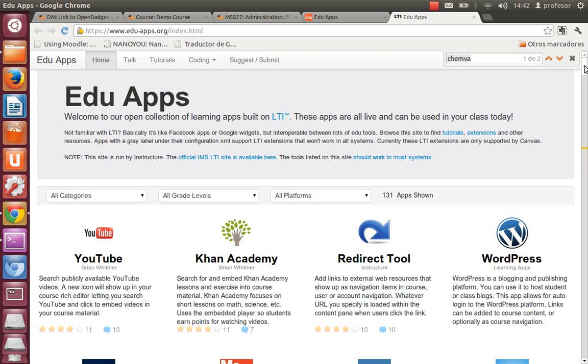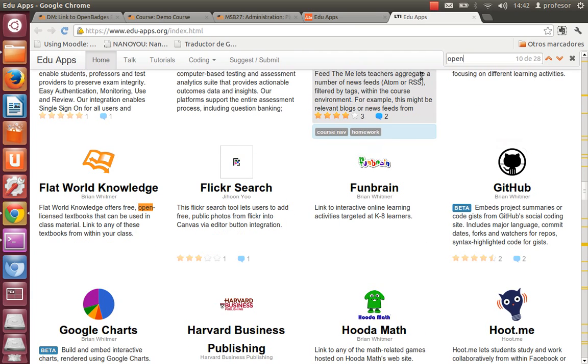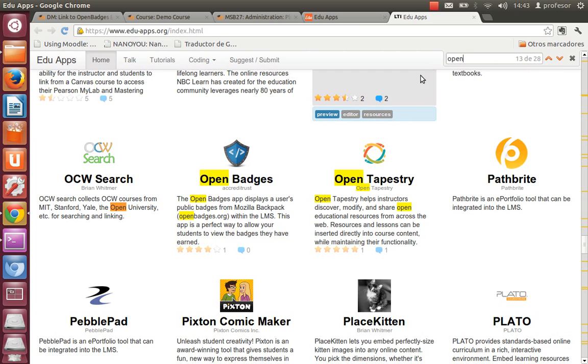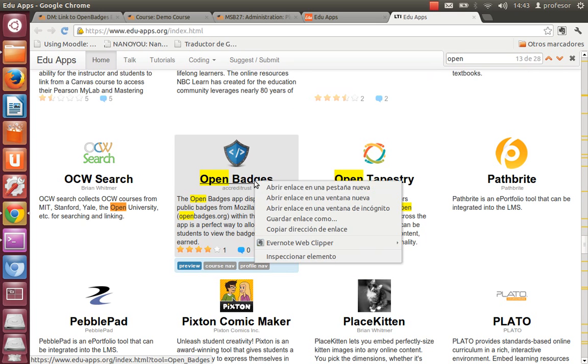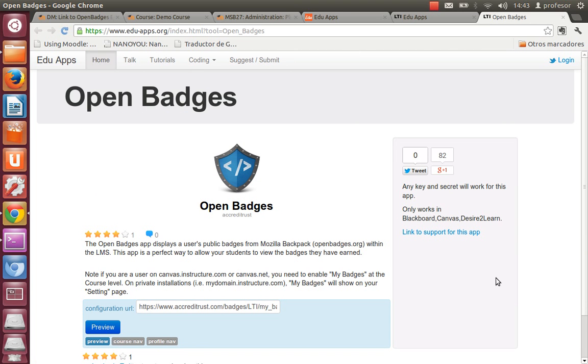For this particular example, I'm going to show you how to embed a backpack from OpenBadges. So I'm going to search for OpenBadges. OpenBadges is here, so I'm going to open this link to the OpenBadges application. You will see that there is a URL for the configuration of the LTI. So you need to copy this XML file,